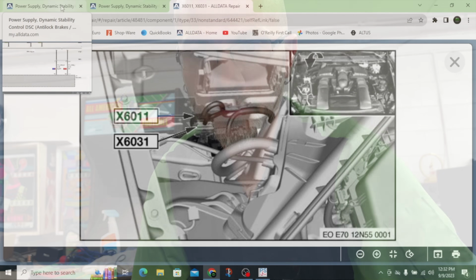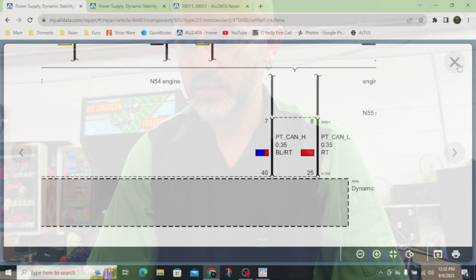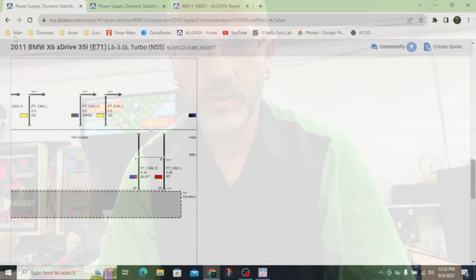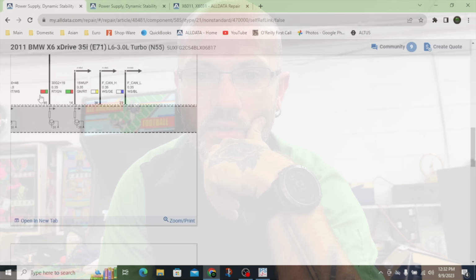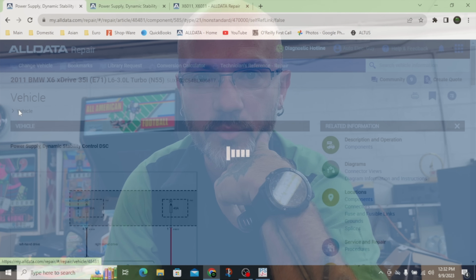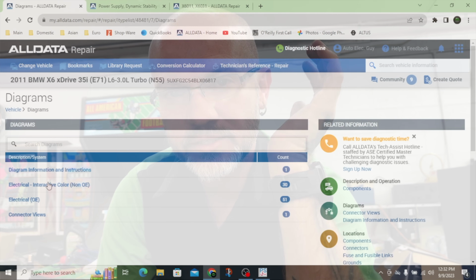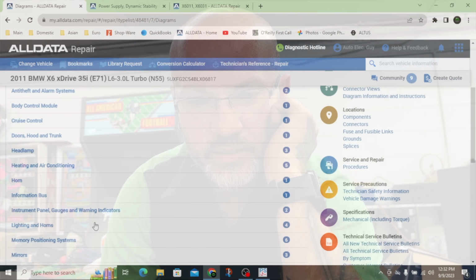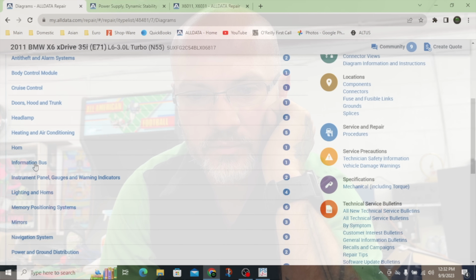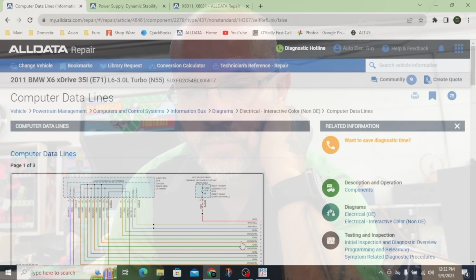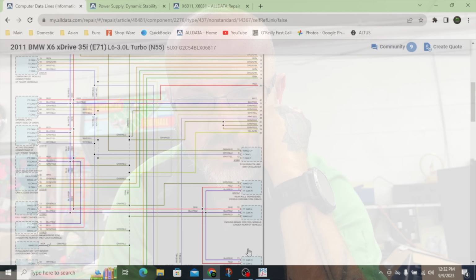Not really sure. I need to get a diagram that shows me further than that pulled up here. So I think the better option is to just use the aftermarket redraws, because like I said, they're a little easier to follow in some cases, especially with CAN bus lines. So let's find our